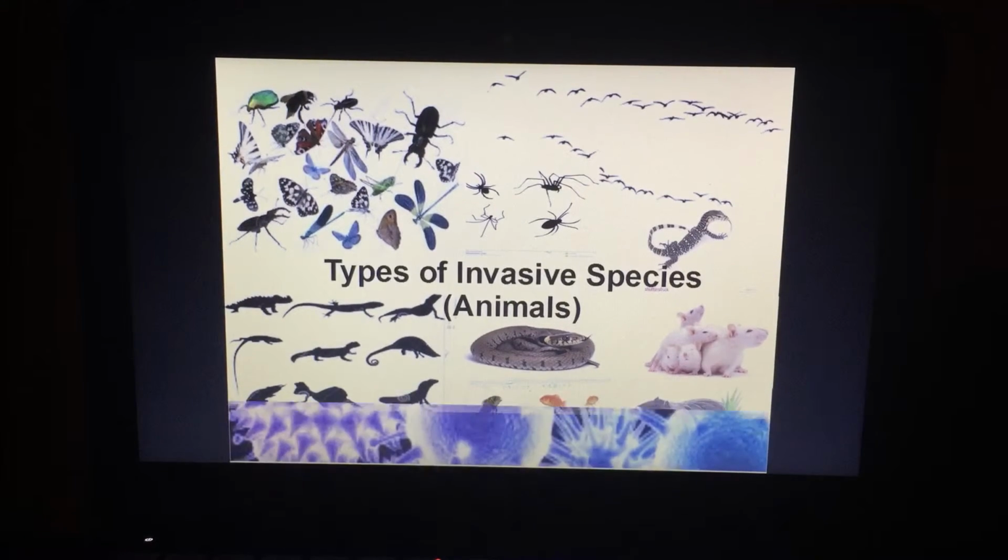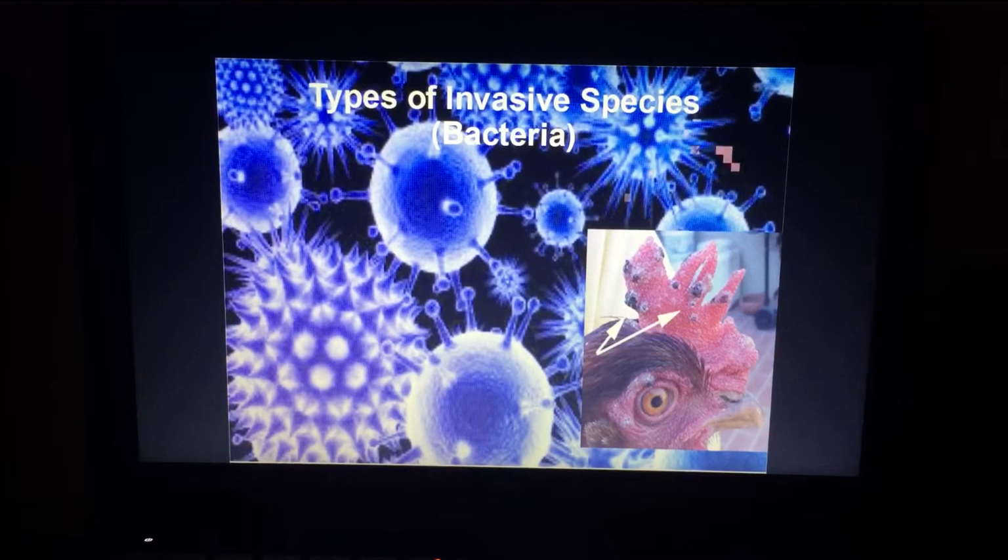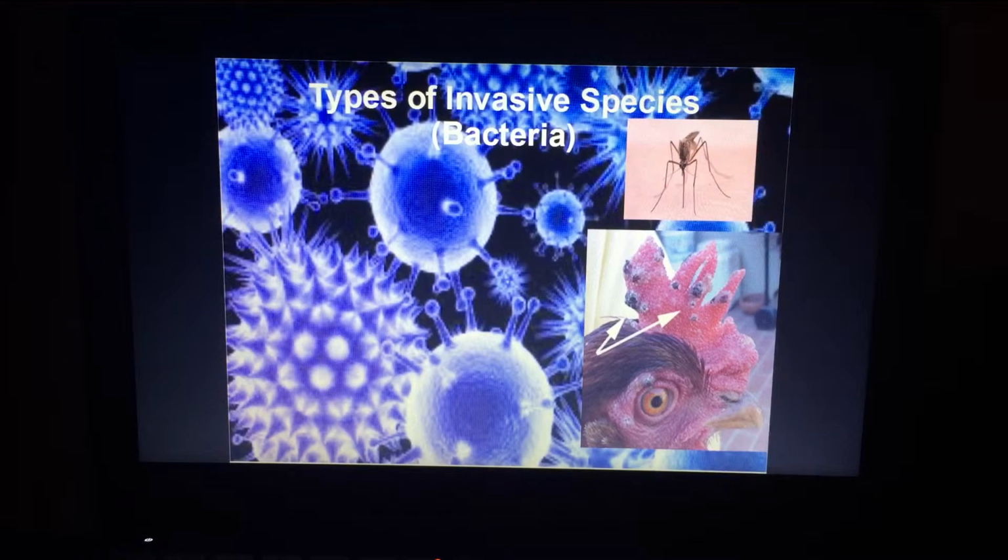There's also bacteria, and there's actually about 10 animal invasive pathogens, things like fowlpox and the West Nile virus, which, according to the CDC, since 1999, an estimated 700,000 people in the United States have become ill due to West Nile virus infection, and of those, nearly 19,000 people have had infections of the brain or spinal cord, and more than 1,700 people have died.